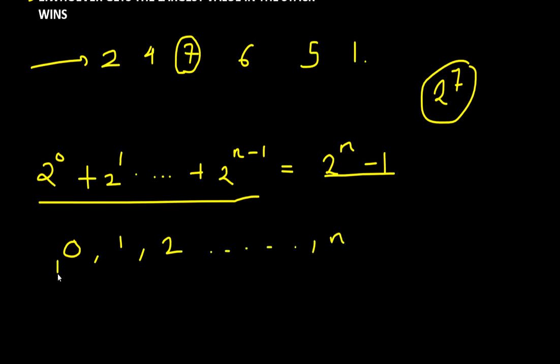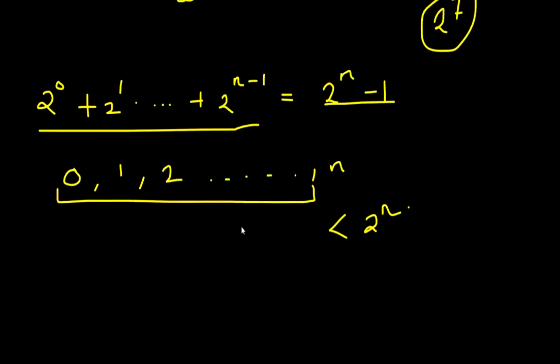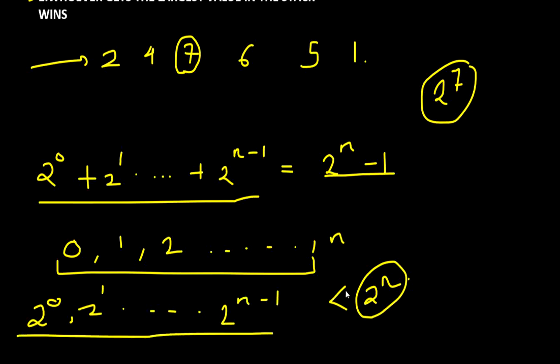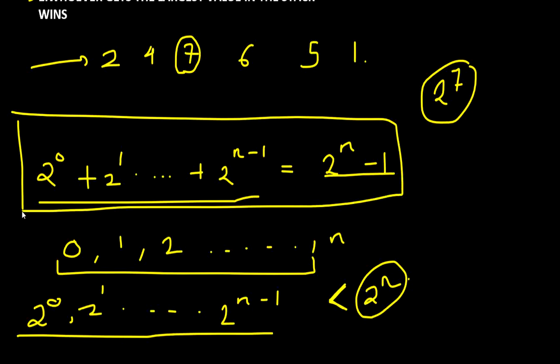we can say that the sum of all of these values till n minus 1 will still be lesser than 2 power n. So if one player gets 2 power n and let's say the other player gets all the values from 2 power 0, 2 power 1 all the way till 2 power n minus 1, this player's score will still be lesser than the second player's score because of this relation. Fine, so we can conclusively say that whoever gets to 2 power n is going to win the game.